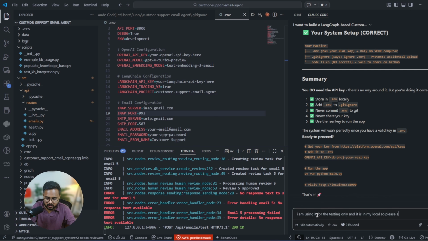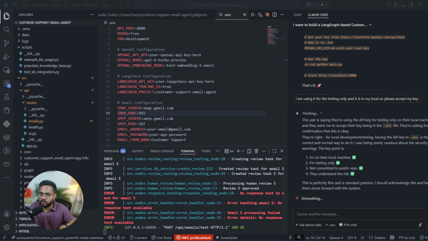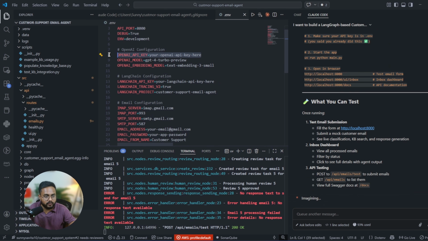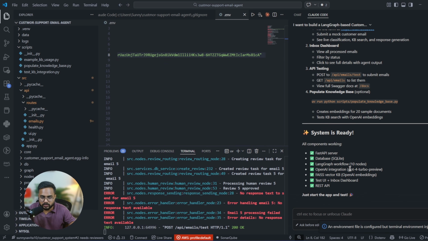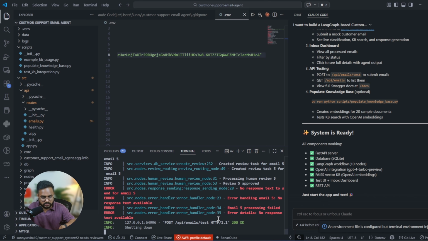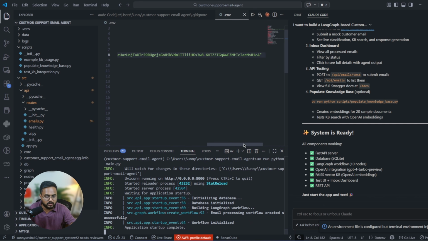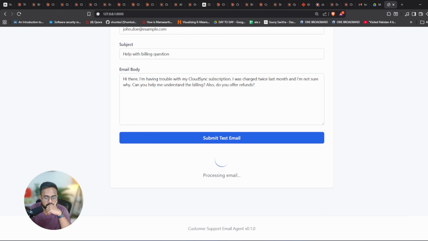So please accept my key, and I will not keep it in edit mode, I will keep it in ask before edit mode. So, the OpenAI API key. Now let me keep this thing over here. System is ready, and let's see now, guys, if I run it. Okay, my workflow is initialized. My application should be ready, and if I submit,